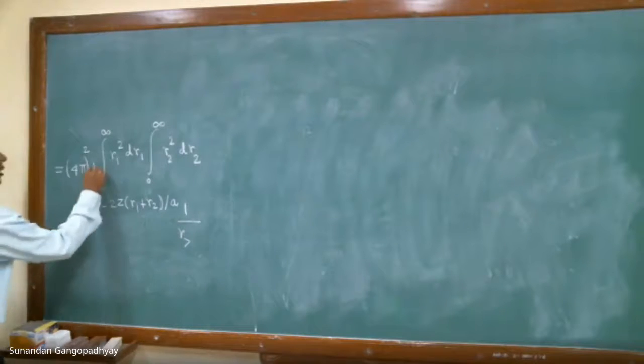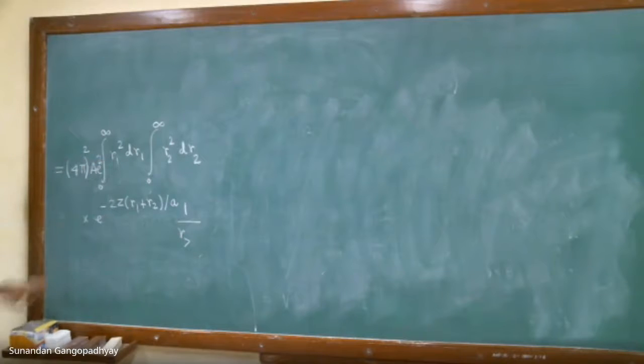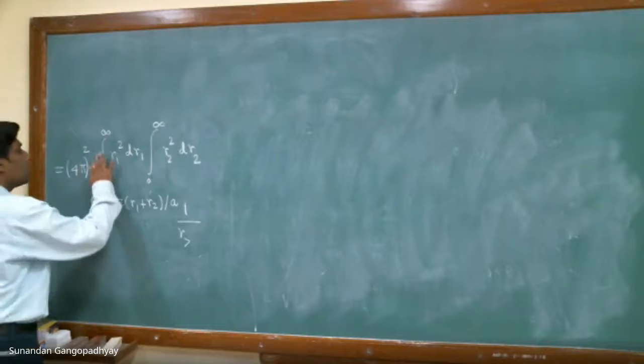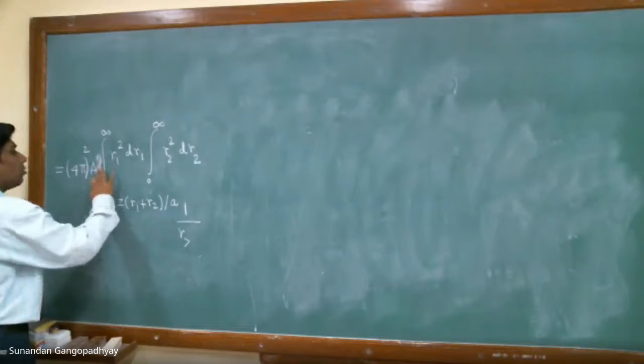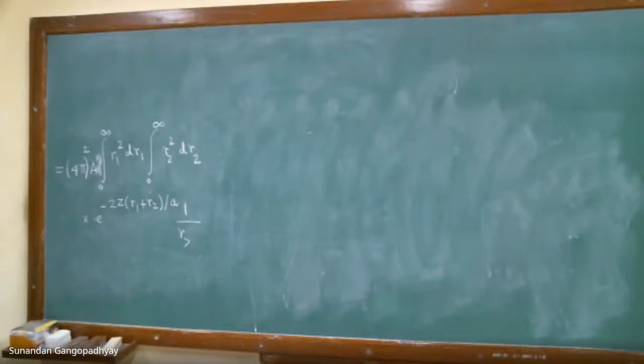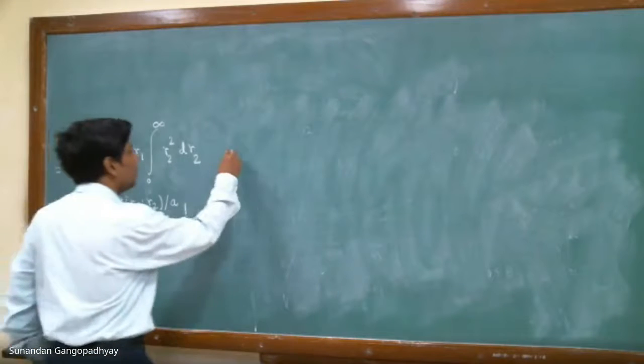You obviously have an e square factor here. Remember, e square is there, or I think I have absorbed e square in a, right? Did I do that? Yes, sir. Okay. Yes, sir. If I have absorbed e square in a, then there is no e square. So you remember what the constant a is. So now our job is to perform the radial integrals and nothing else. And that can be done quite easily now.